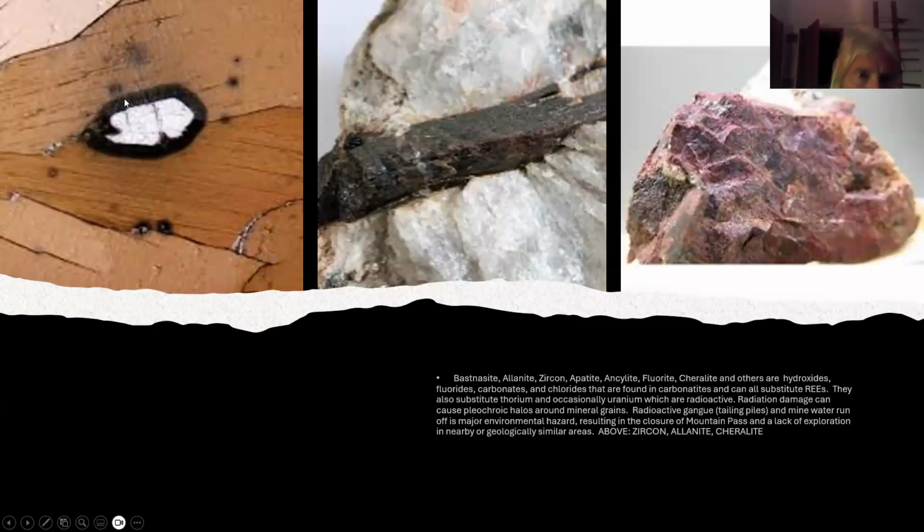So this is a zircon here, and you see this pleochroic halo in the thin section here. This is radiation damage from the thorium that's contained within the zircon. And here, so we have zircon and we have allanite, and here we have charoite. And again, we see many, many times the rare earth elements have this bright red color, and this is what the mineral collectors are looking for, as opposed to something that's kind of drab like this, and what the